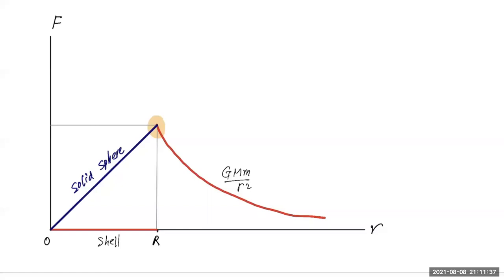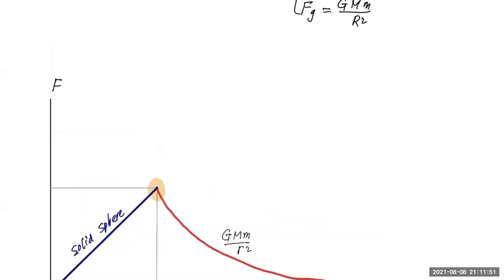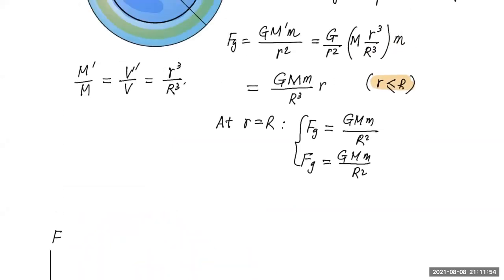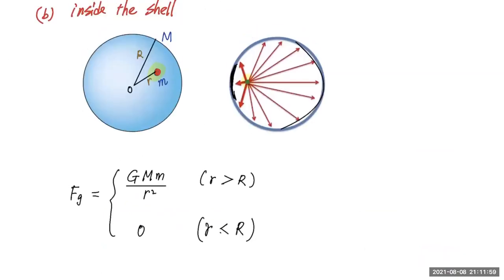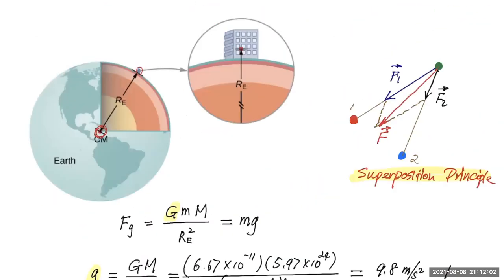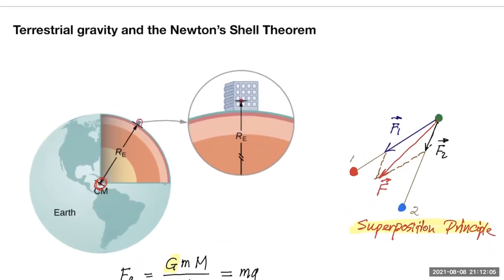Okay, so this is how we apply Newton's shell theorem to study the force on a uniformly distributed solid sphere. Now, is the Earth a uniform sphere? First of all, the Earth is not exactly a sphere, but it's very close to a sphere, so we can ignore the anomaly. Secondly, the Earth is not close to having a uniform density. Rather, if you look at this cutaway of the Earth, you have different layers, right? Each layer has very different density, so you cannot quite think of the entire Earth as a solid, uniform sphere. However, each region, each layer,